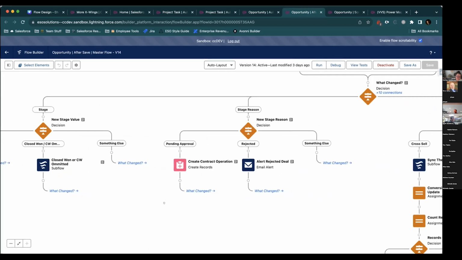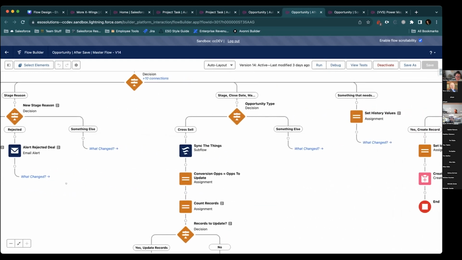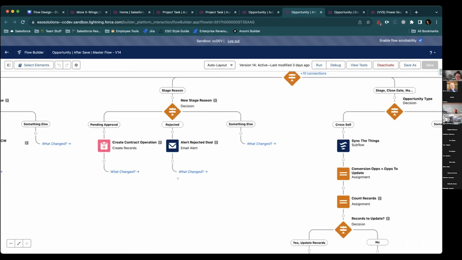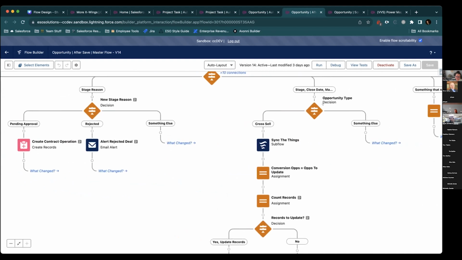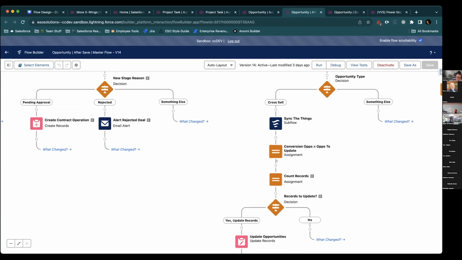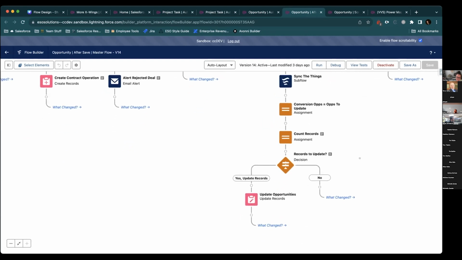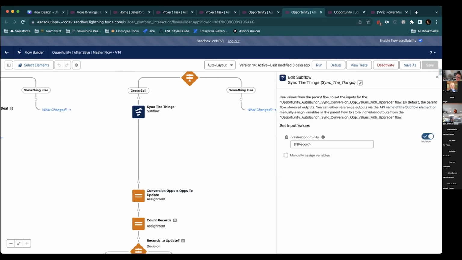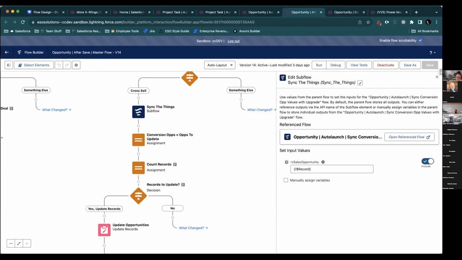And in this one, there's a whole lot going on from different processes. The first time we built this flow, I think I had maybe stage and this one. I can tell you what projects each of these branches are from, which is the wild part of being one person who mostly works on sales stuff. And you'll see we have a lot of subflows. We have a lot of assignments. I have a sneaking suspicion that this,